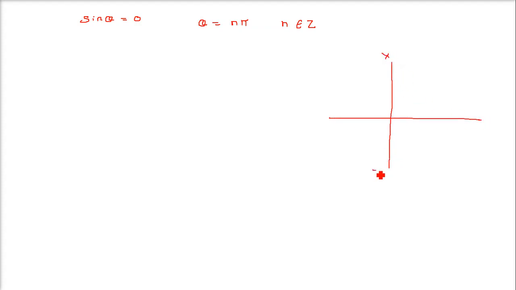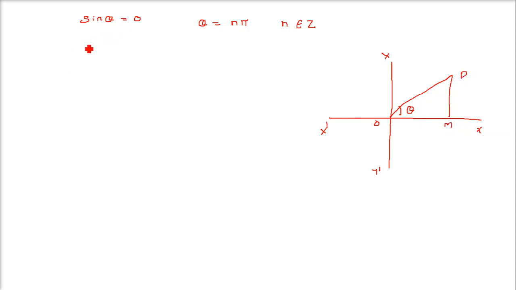We have to prove that the general solution of sin theta equal to 0 is given by theta equal to n pi, where n belongs to Z, that is, Z is the set of integers. For this, what will we do? We will make the axes, that is, this is y dash, this is x dash, and we have, say, a triangle, because all these angles are defined by a triangle. So we have this theta. Let us say this is O, this is P, this is M.